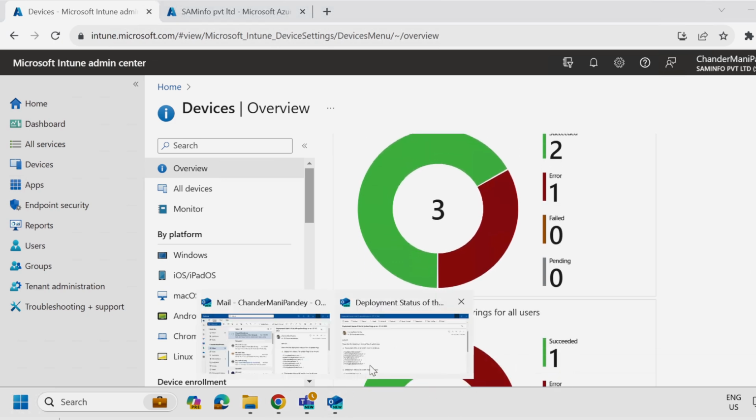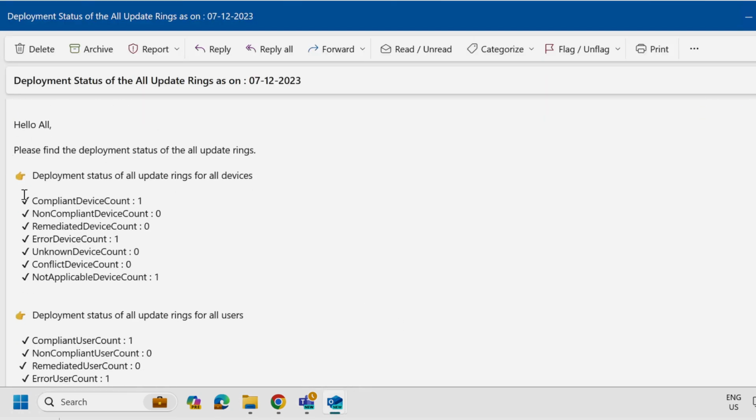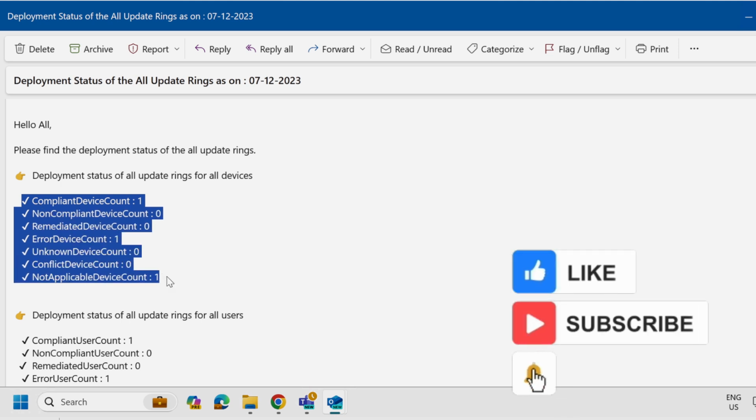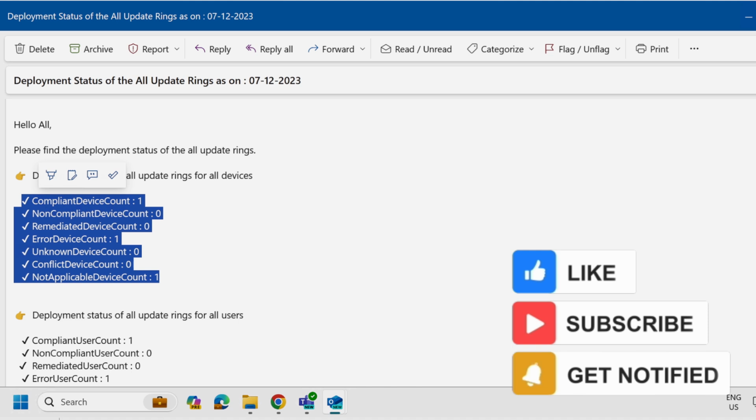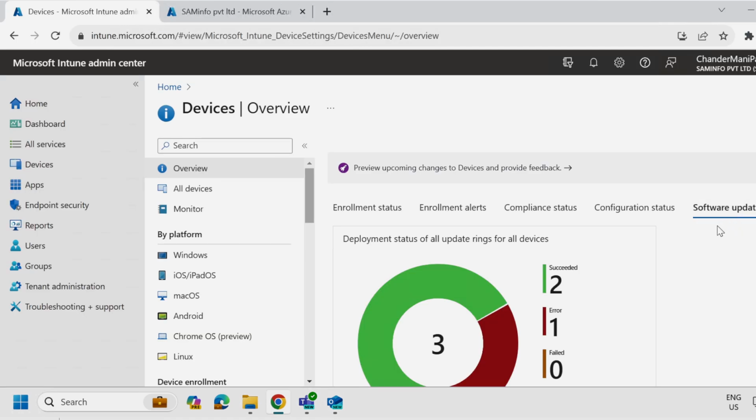After implementing this automation, we will get an email notification something similar to this, where we'll get all the deployment status of all update rings for all devices with the number of device count, as well as the deployment status of all update rings for all users. And if you want to know what the correct API is for this software update status,